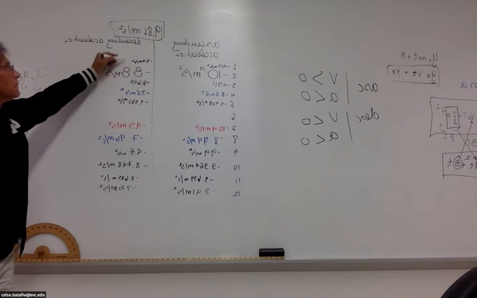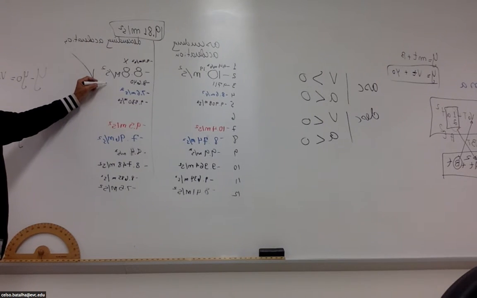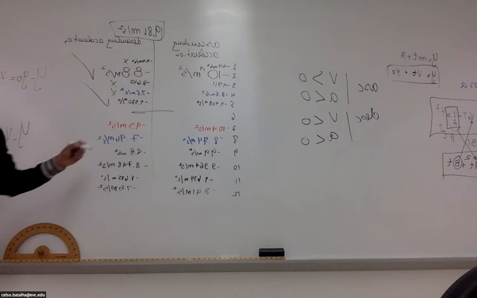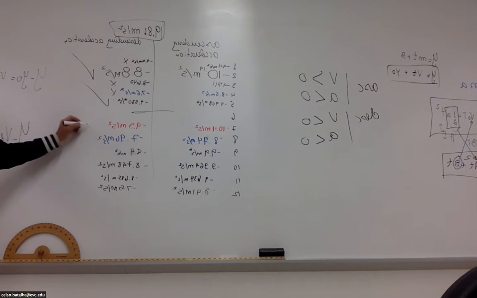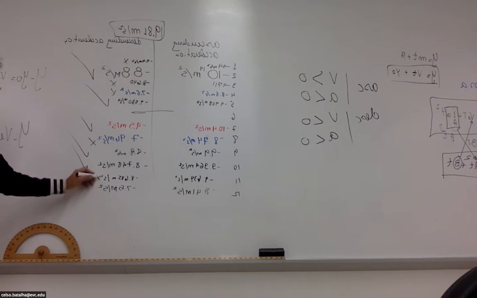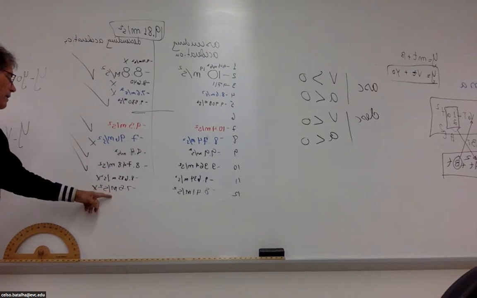Group 1, No. Group 2, Yes. Group 3, No. Group 4, No. Group 5, Yes. Group 6, Yes. Oh, no, look at that. Group 7, Yes. Group 8, No. Group 9, Yes. Group 10, Yes. 11, No. 12, No. So we have 2, 4, 5 groups, less than half doing well, and the other groups' numbers were